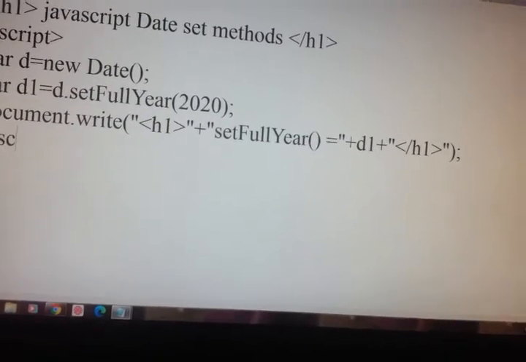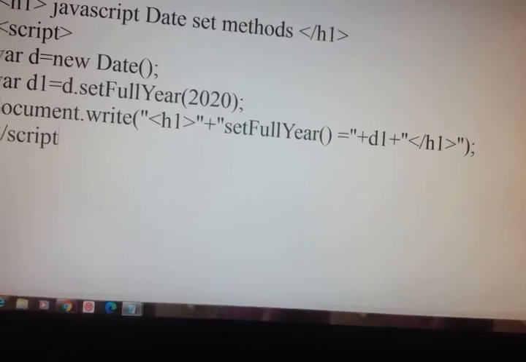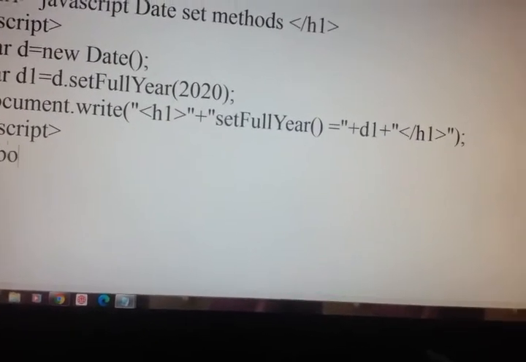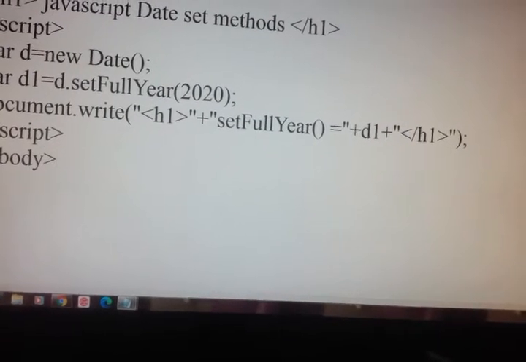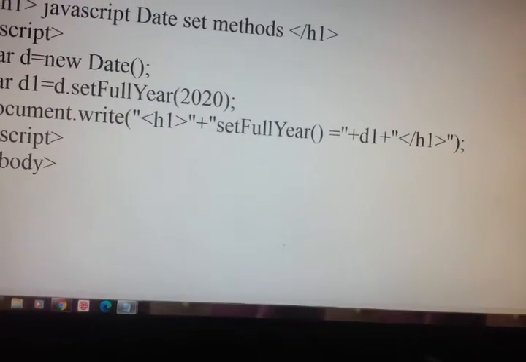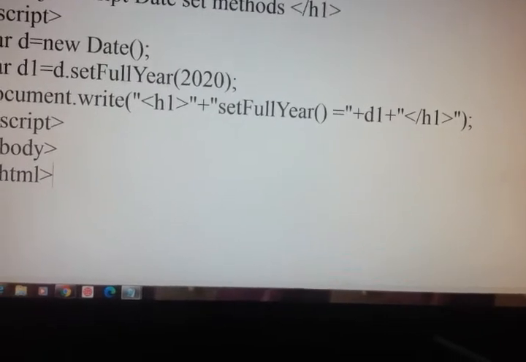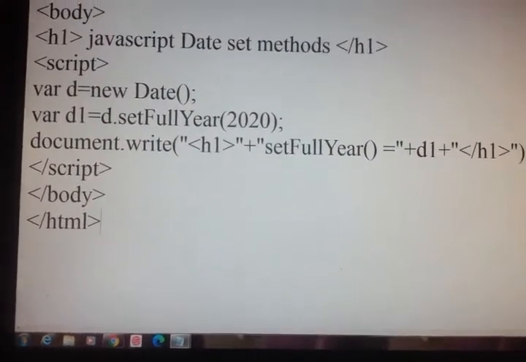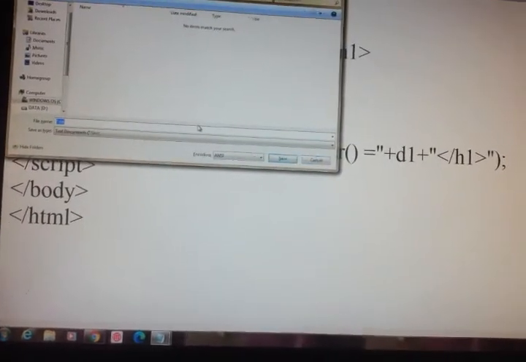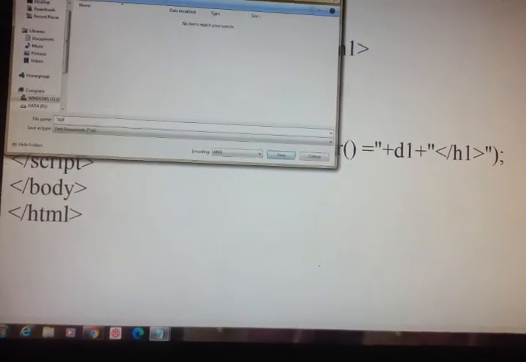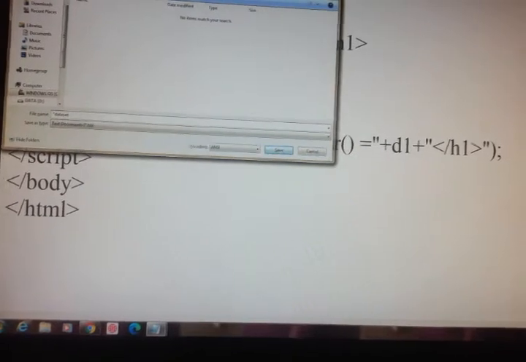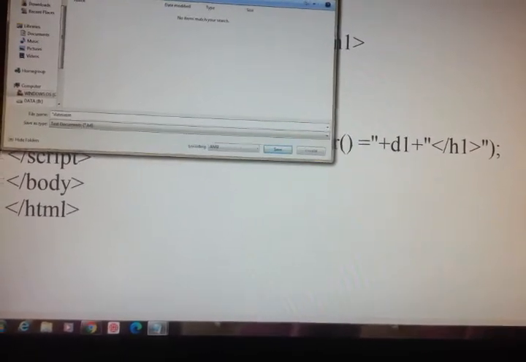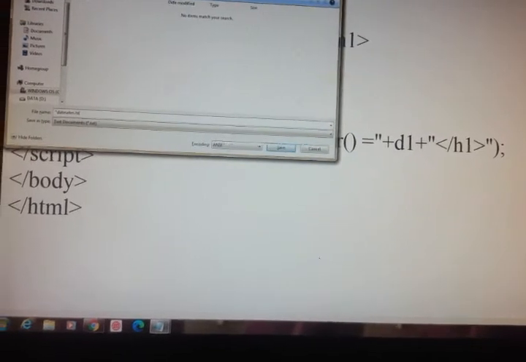Close script, then close body tag, close HTML tag. Save as date set m dot HTML.